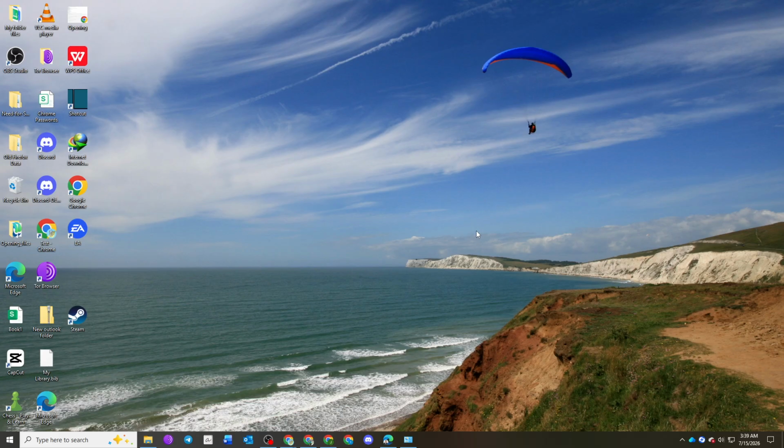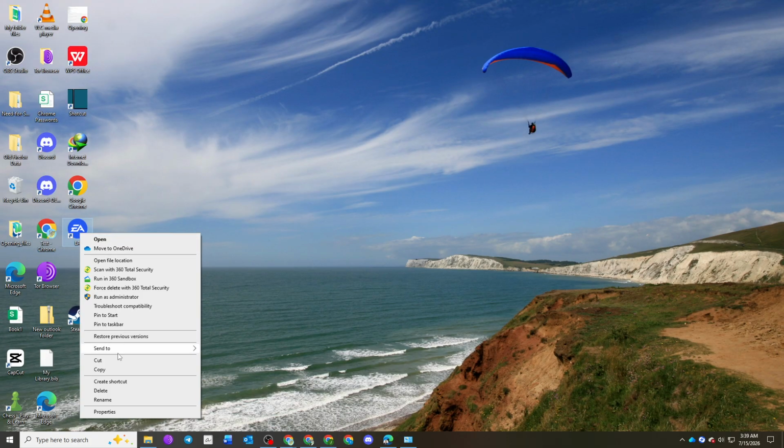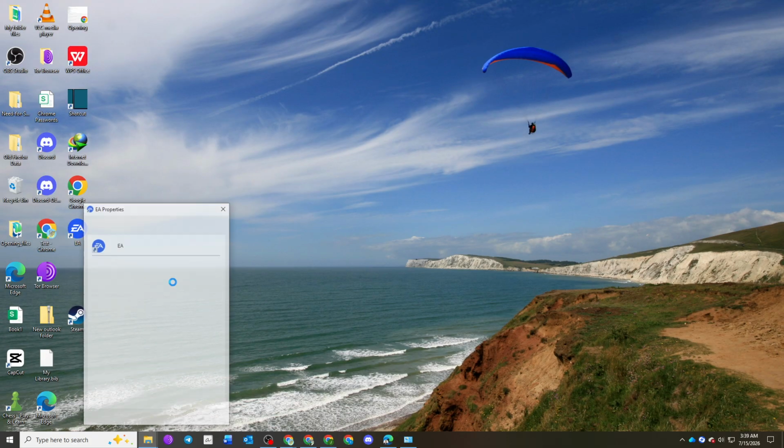To start, completely close the EA app if it's currently open. Next, locate the EA app shortcut on your desktop or in the Start menu. Right-click the shortcut and select Properties. Open the Compatibility tab, then make sure the option to run the program as an administrator is enabled. Click Apply, followed by OK, and then try opening the EA app again to see if the issue has been